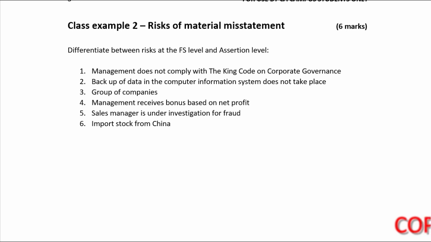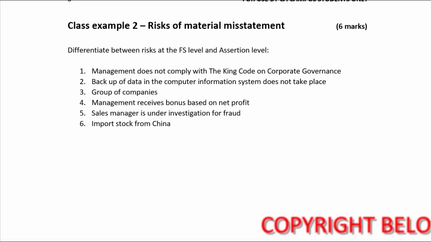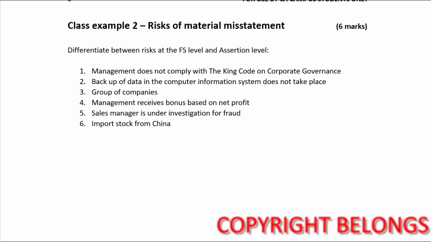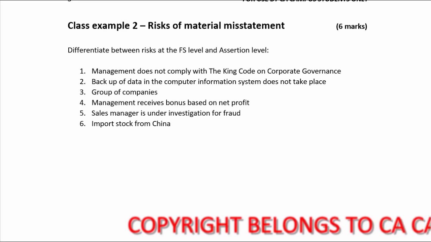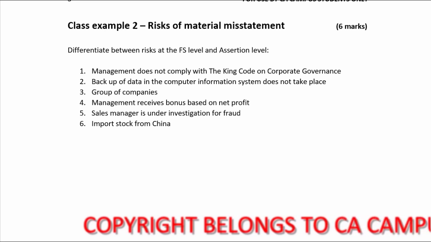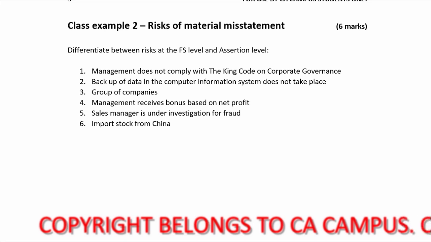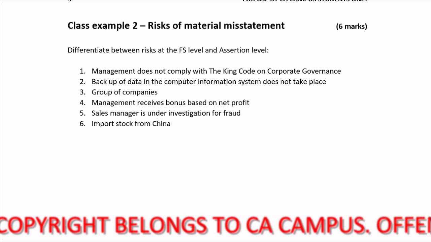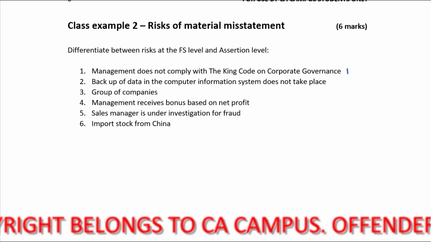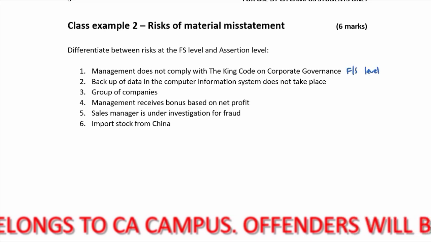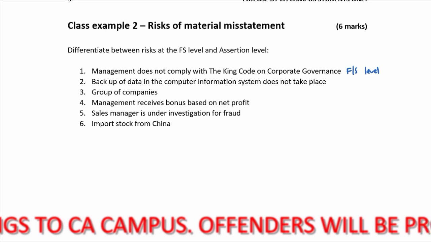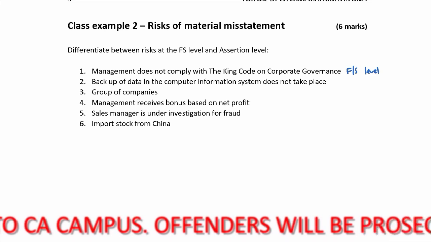Class example 2, differentiate between the risk at the financial statement level and at the assertion level. So the first one, management does not comply with the King Code on corporate governance. They're not complying with the code that tells them how they should conduct their business. It gives me an idea that the control environment is weak. That is a risk at the financial statement level. I can't pinpoint the impact onto a specific balance or transaction, but I can say it gives me an idea